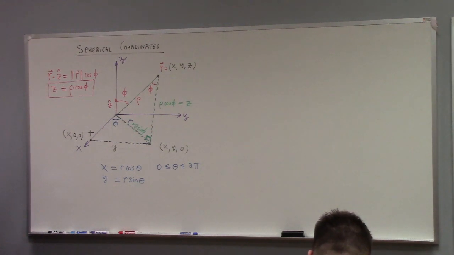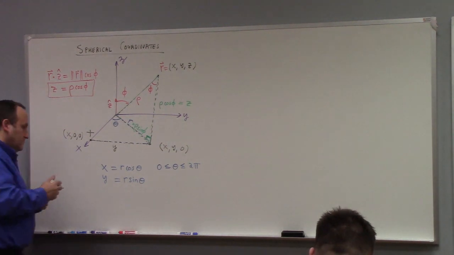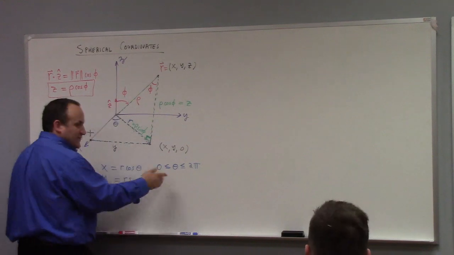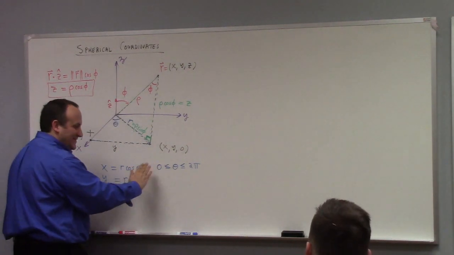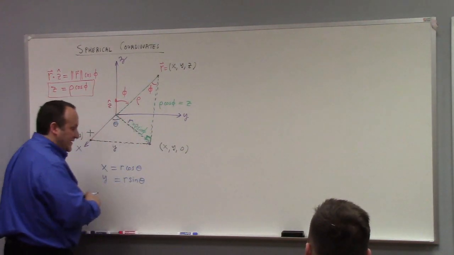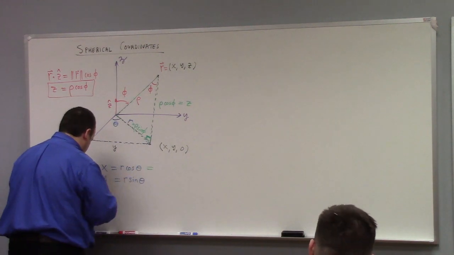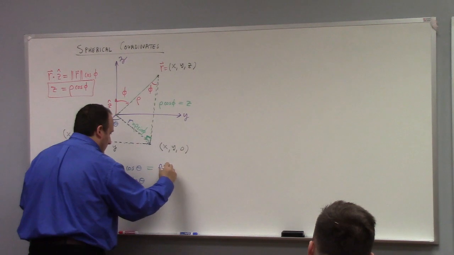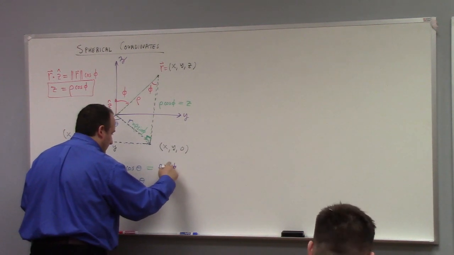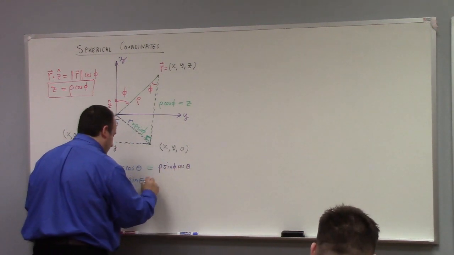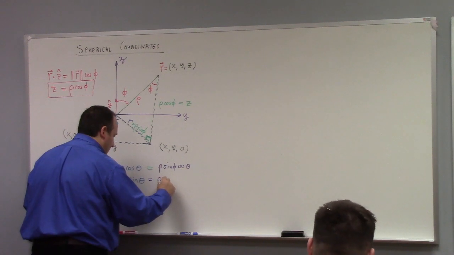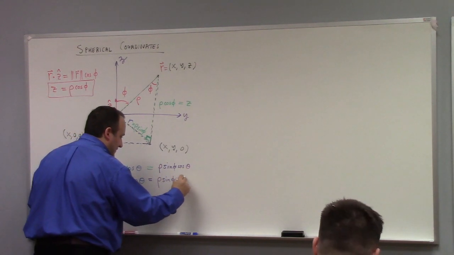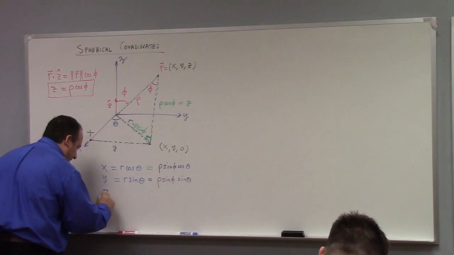These are different, right? But now that I have foolishly written, this is a poor choice on my part, this needs to be, sorry about that, guys. But if you just put in what the r is, what have you got? You've got rho sine phi cosine theta, and you've got rho sine phi sine theta. These are the standard math